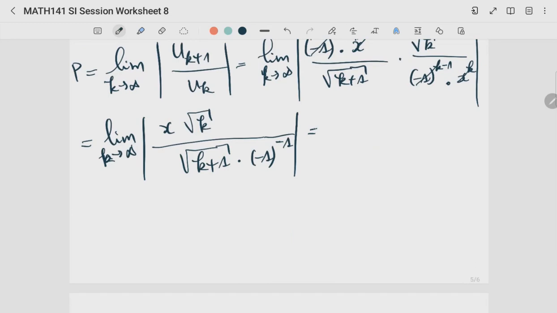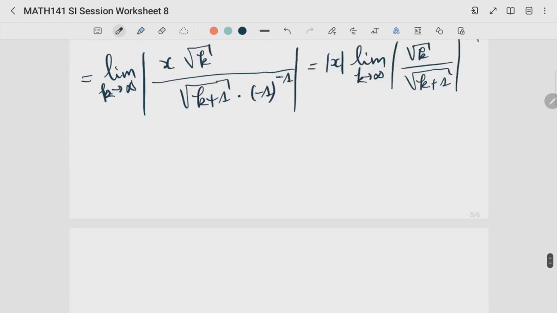And we can also take x out because it's a constant that's not affected by the value of k. So we have the absolute value of x multiplied by the limit as k tends to infinity of root of k divided by root of k plus 1,